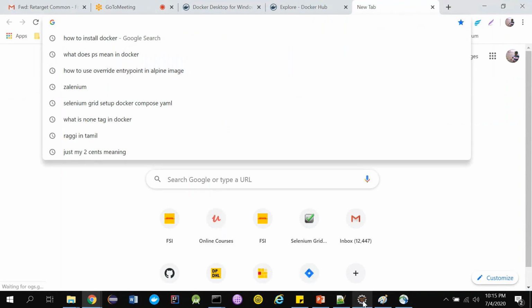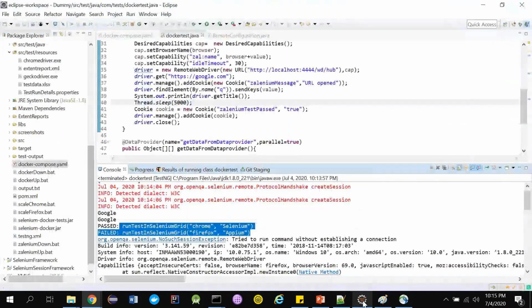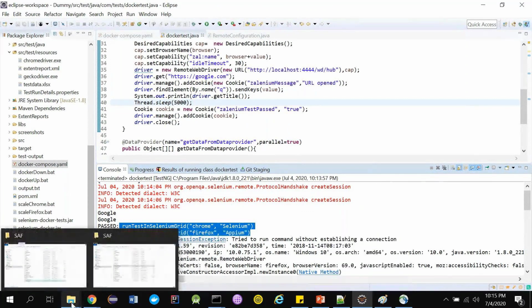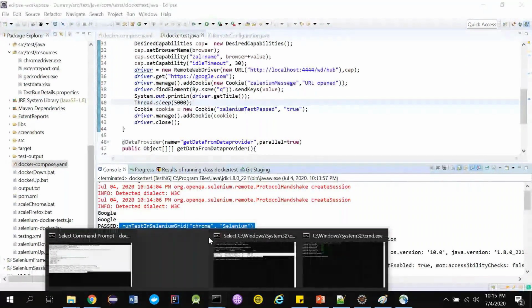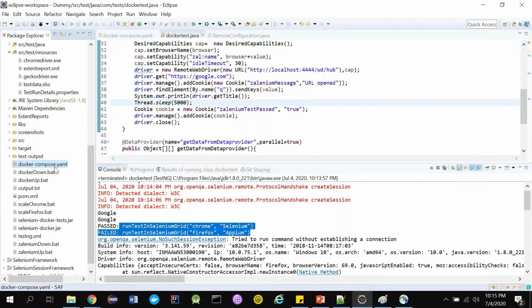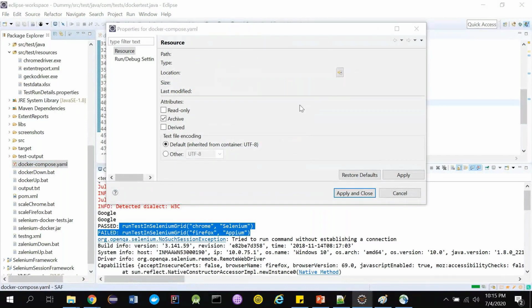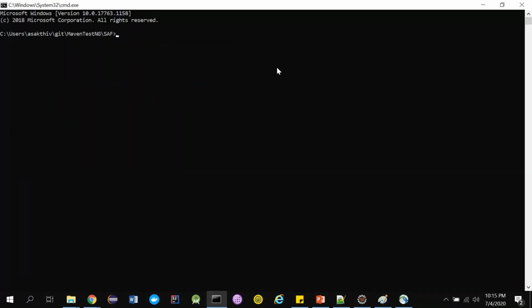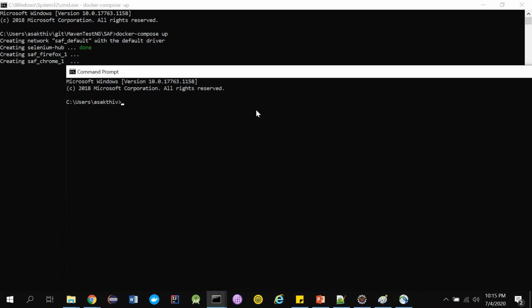And suppose in your real scenario you want 5 Chromes, right? So is there any way that I can spin up 5 Chromes in seconds? Okay, let me quickly close all these things. I want to spin up 5 Chrome containers, because I have tests to be run on 5 Chromes parallelly. So we have a very simple thing. You don't have to do so much work. First, let me quickly run the whole infrastructure. Okay, we'll go to the listening mode. Let me quickly open another terminal.